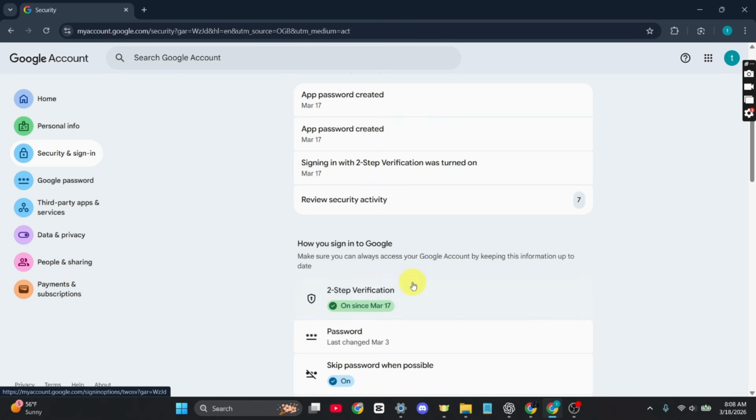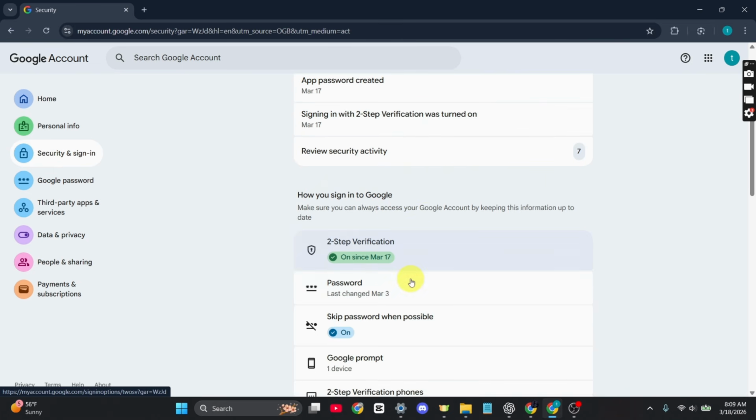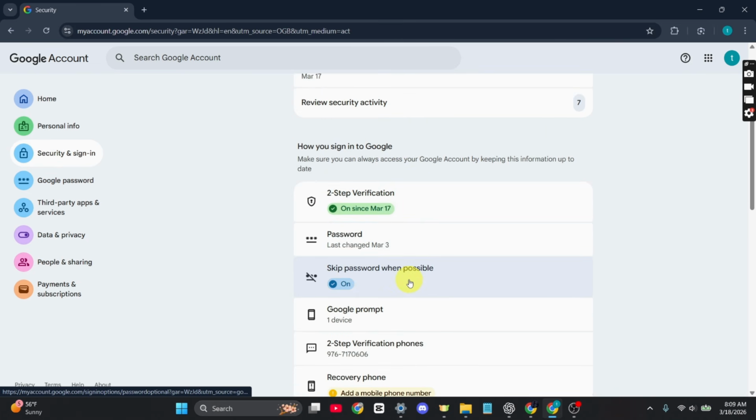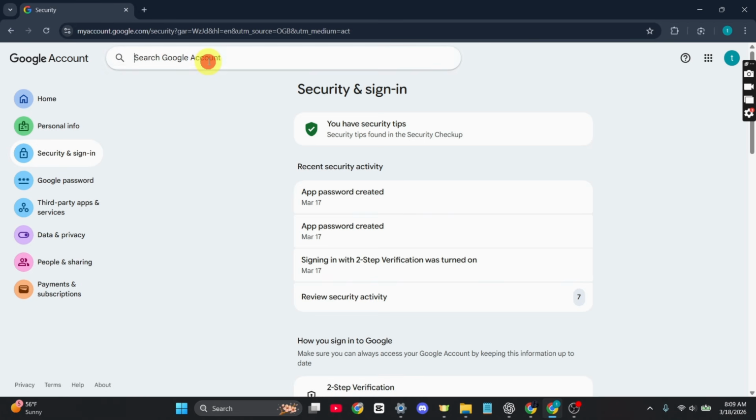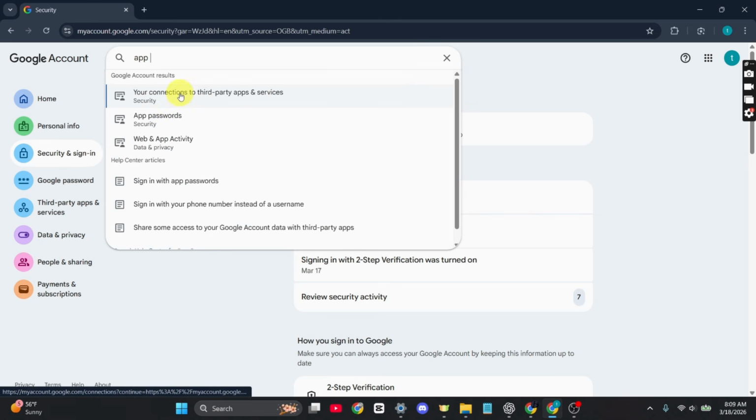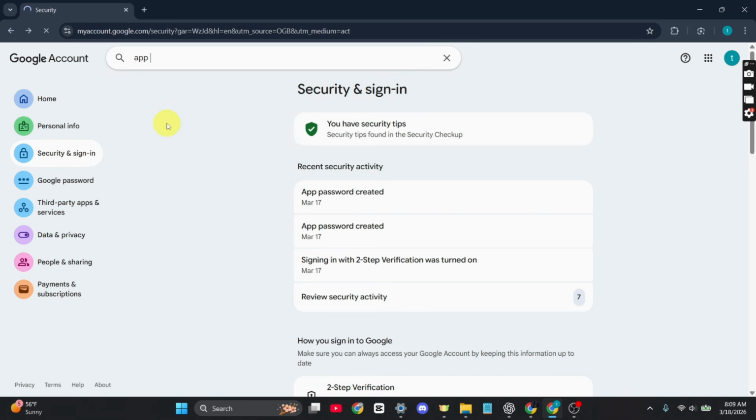And once two-step verification is enabled, stay in the security section and look for app password. If you don't see it, just go to the top and use the search bar to search for app password. Just type app and you should see it in the recommendation. Just click on app password